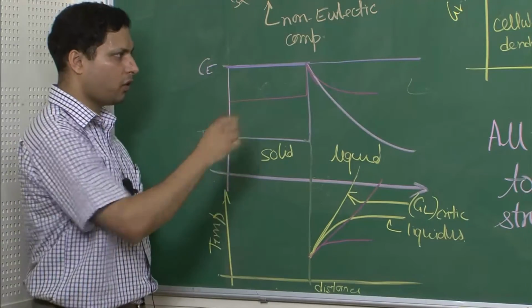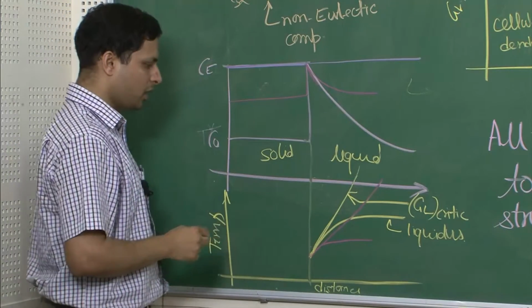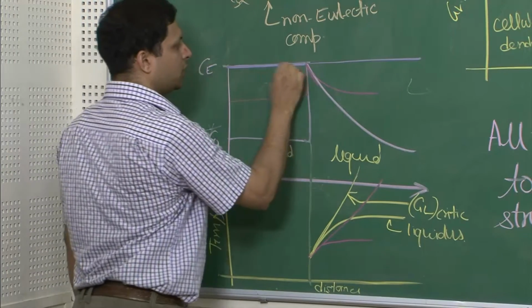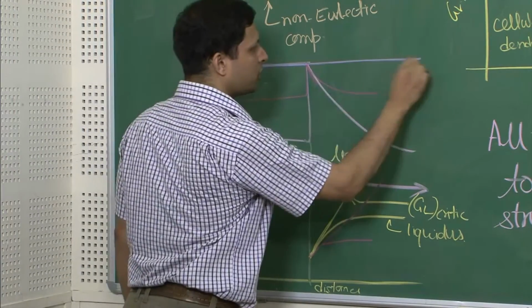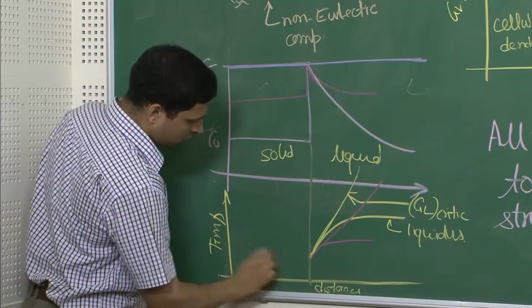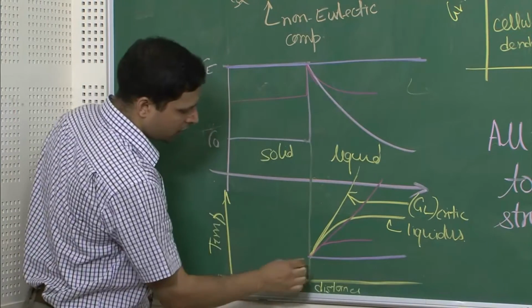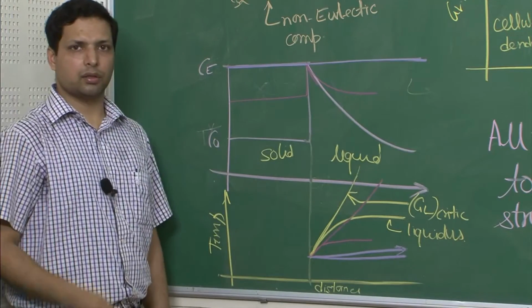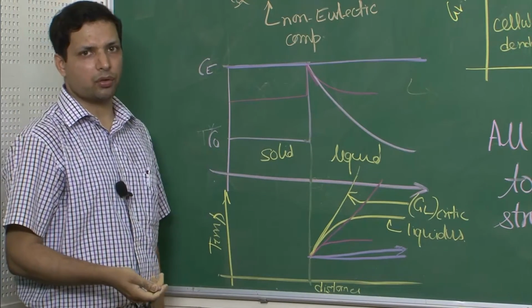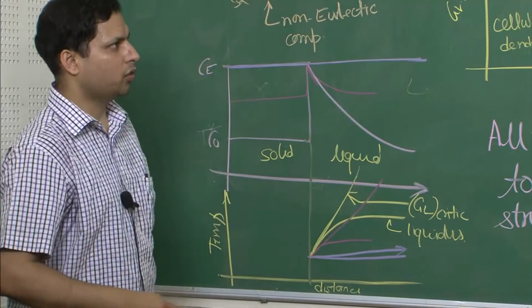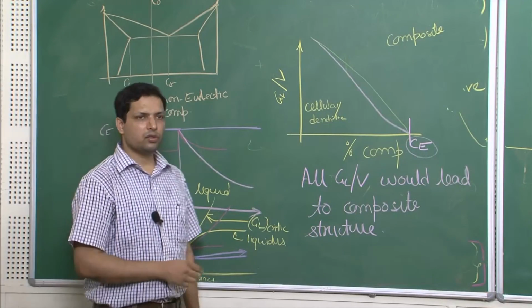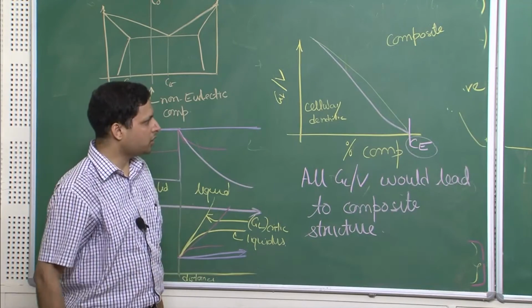Theoretically speaking, there will of course be some variation in the real case scenario, but theoretically, if C naught becomes C, this is the composition of solid, this is the composition of liquid, and which means the liquidus is over here, flat like this. So any thermal gradient is going to lead to a composite microstructure. So that is what we have about the plane front solidification of polyphase alloys.